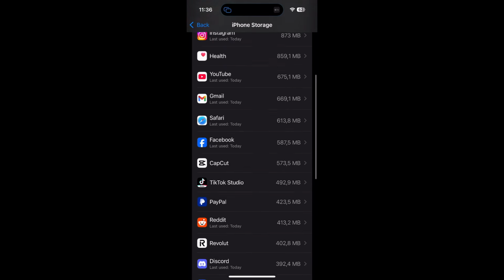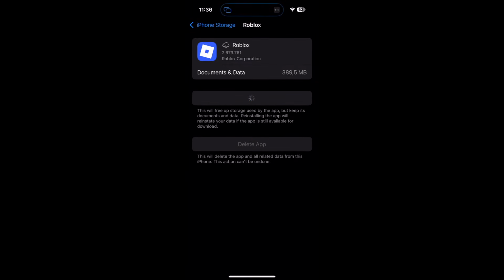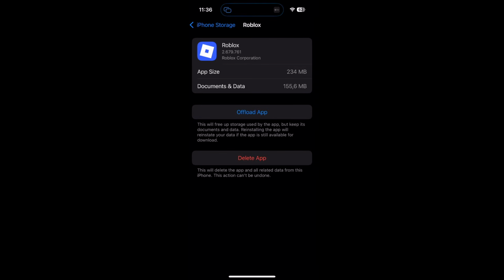And after that, what you need to do here is to look for Roblox app, then press offload app, and then wait for a couple of seconds and reinstall. Simply what it does, it will reinstall your app, and if there is some corrupted data, it will be fixed. So you just need to wait for a couple of seconds until it's done,